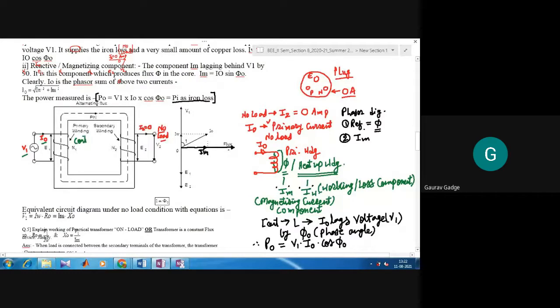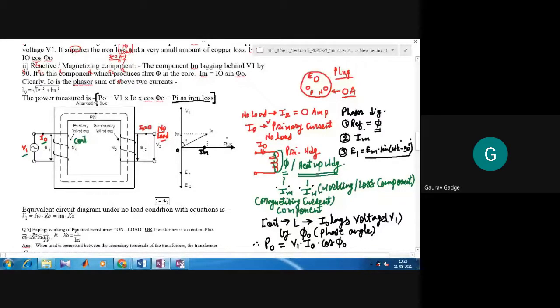If you cannot see it properly, just increase the size of the screen, you will find it. The magnetizing current develops that flux, so therefore IM and flux are both in the same phase. Okay. Now we have already said the EMF E1 is given by E1 is equal to EM sin of omega t minus 90. We have already derived this EMF equation. So what is the phase angle here? 90 degrees. And is it lagging or leading? It is minus, which means lag. If it is negative, it means it is lag.